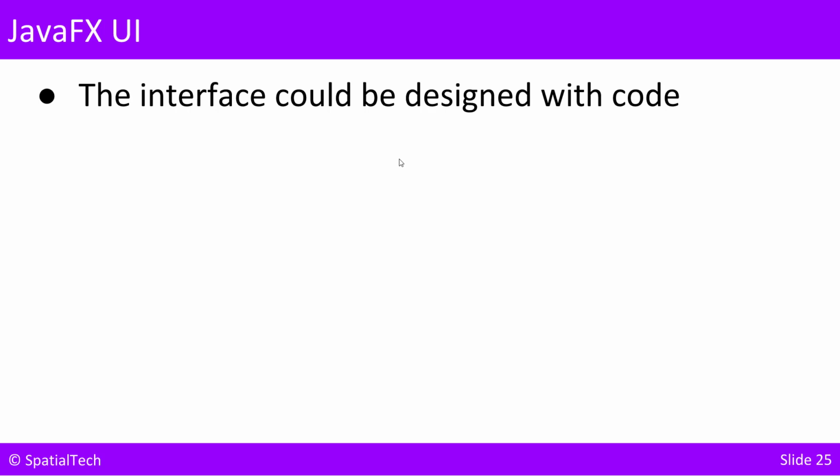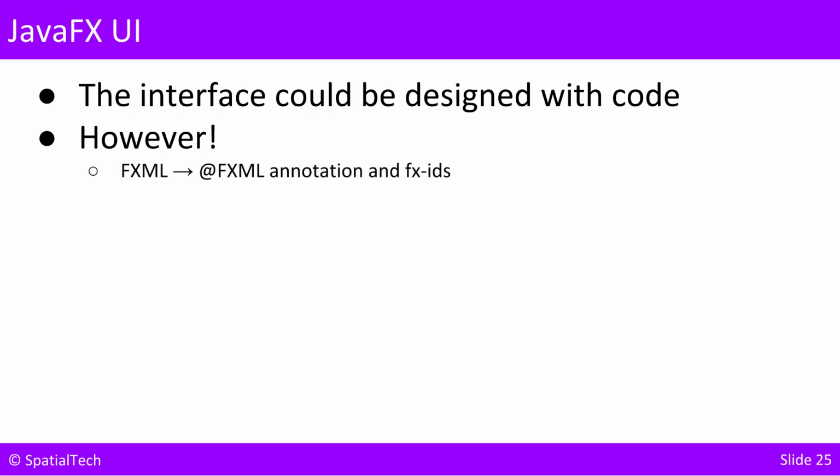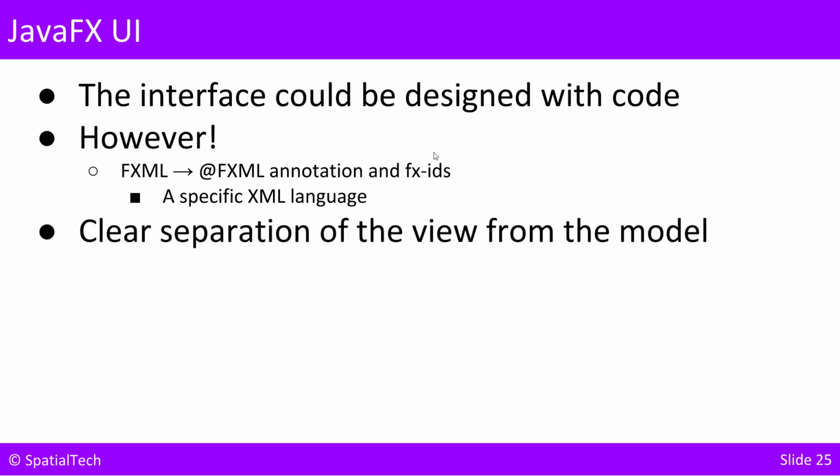So you could, if you wanted, design the interface with code. However, that's a hot sticky mess we want to avoid. Let's say we're using FXML and we're using the FXML annotation and the FX IDs in Scene Builder. What we do is, even though the code would be written in Java, the things that respond to people clicking and swiping and changing values in the list, the user interface was actually specified in a specific XML language, FXML. And so the interface is actually written in a completely different language than the code that responds to people clicking. So that way